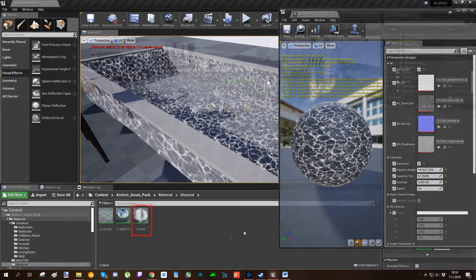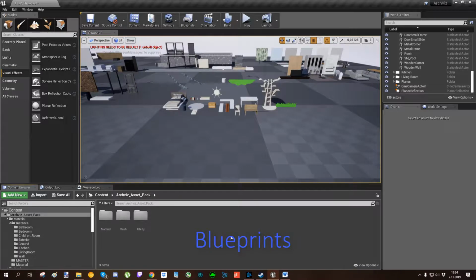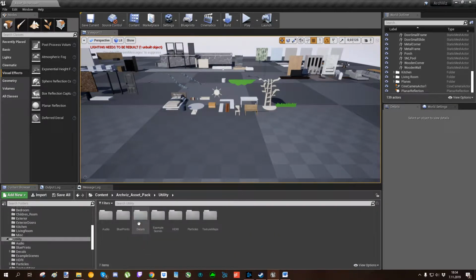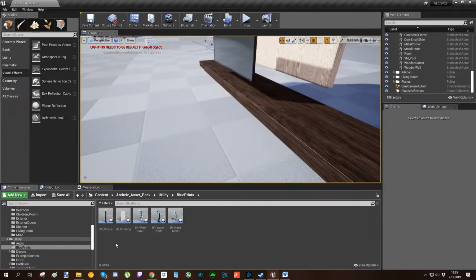That's it for materials. Blueprints. Blueprints are located under the utility folder here inside blueprints. There are 5 blueprints available to use. First off,